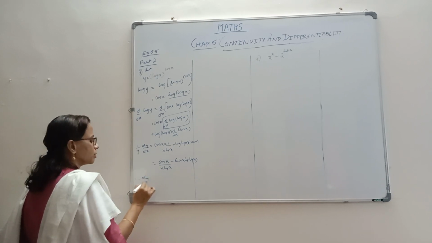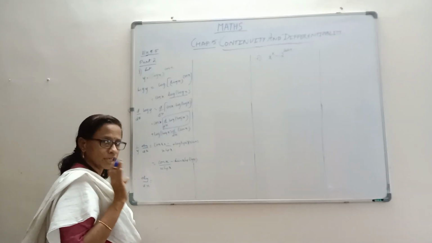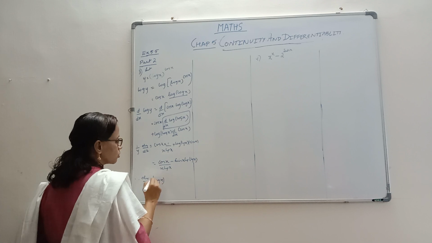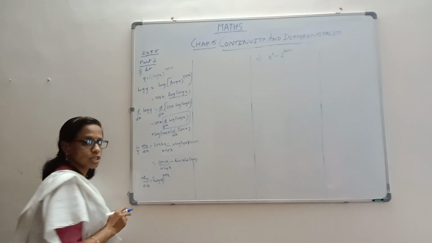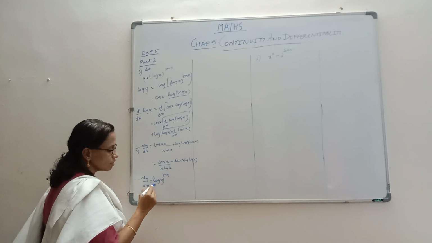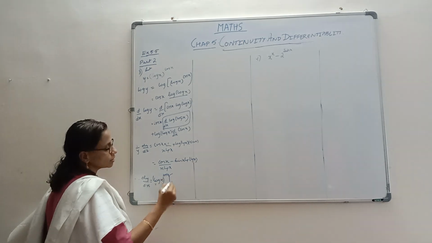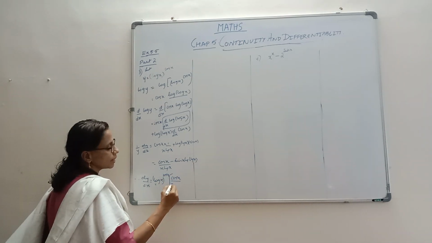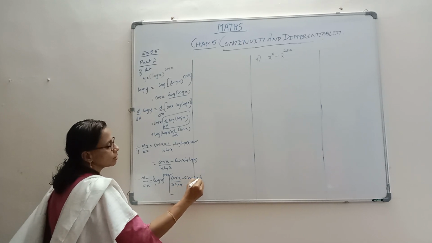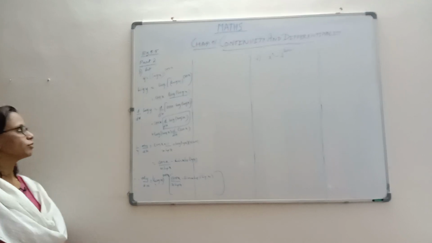You can equalize, or you can keep it like that. So that will give you your dy by dx as when the y goes there. All the time the y will go there because you want only dy by dx. So the y will go there and it will become log x raised to cos x. You are realizing that there is a y here, and it's a y which we are substituting by log x raised to cos x, and all other terms are as it is. Cos x by x log x minus sin x log x. So that is our overall derivative for this.